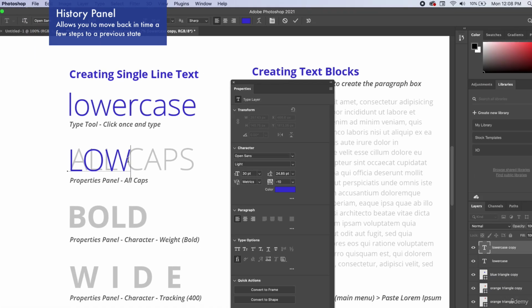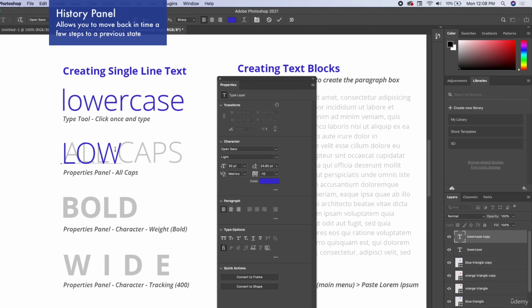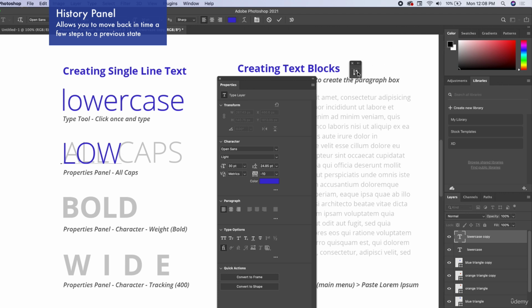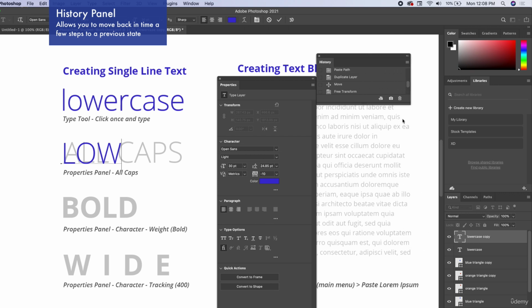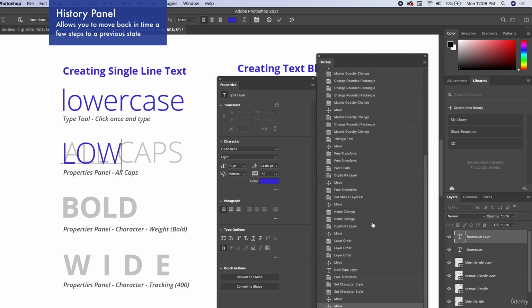Let's say I did a step and I really want to go back to how I had it before. I want to go back to the lowercase. I can go back to my history panel, which it looks like I don't see it there. I think that's history right there. It's right here in my little drop down menu, but let's say I want to drag it out and see what it looks like. So here is our little history panel. I can go back steps in time. So let's say this is all the exercises or all the activities that we've done. It keeps track of everything we've done,